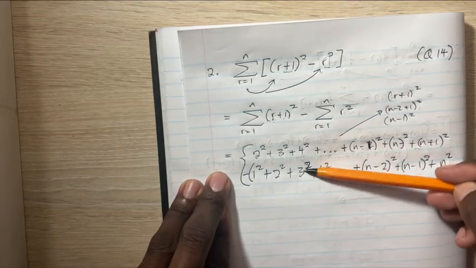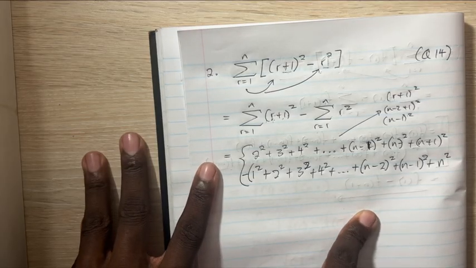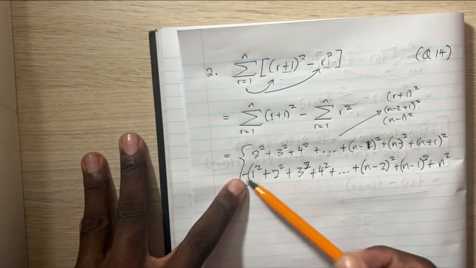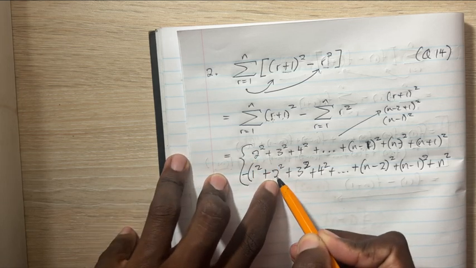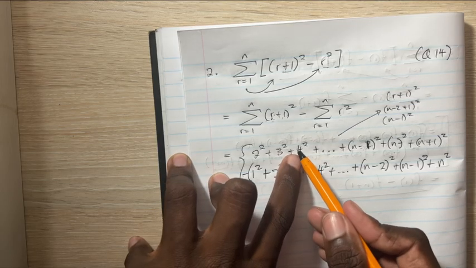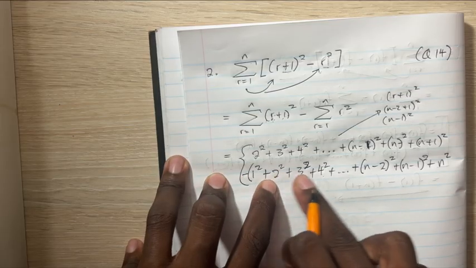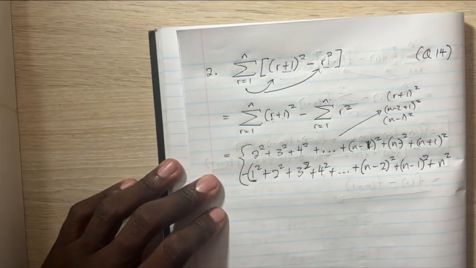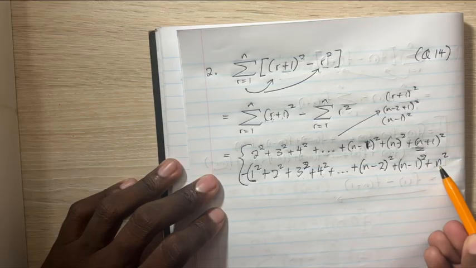Okay, so now you have these two things. They are doing essentially the same thing that was being done by the equation on the other page. This is a negative sign. It's going to multiply into all of this. If the negative sign multiplies into all of this, the 2 squared and the negative 2 squared are going to cancel out. The 3 squared and the negative 3 squared are going to cancel out. The 4 squared and the negative 4 squared are going to cancel out. So all of the things inside here are going to cancel out, except for the first one here and the last one there. Because you see, this ends at n, this ends at n,